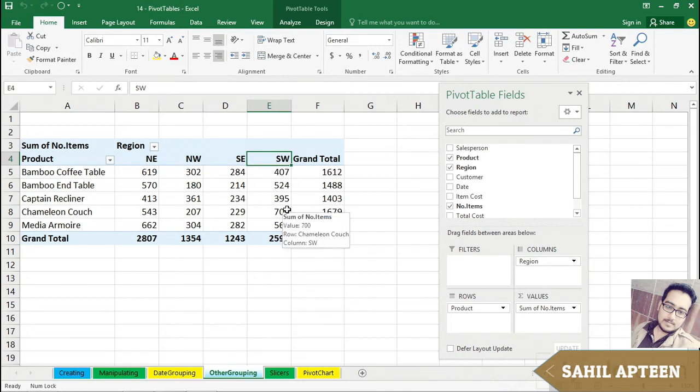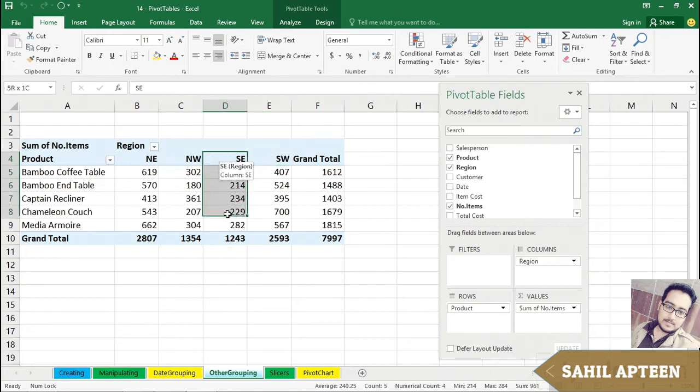Well, we don't really have an eastern region. We have the northeast and the southeast. First of all, let's put these together. Now, we don't need to highlight this data here if we want to move it next to northeast. All we need to do is to select its label, and then drag the bottom edge leftward, and the numbers below that, the 284, the 214, and so on, will follow this as I drag just that cell that contains the SE. Drag it over here to the left, let go of the left mouse button,